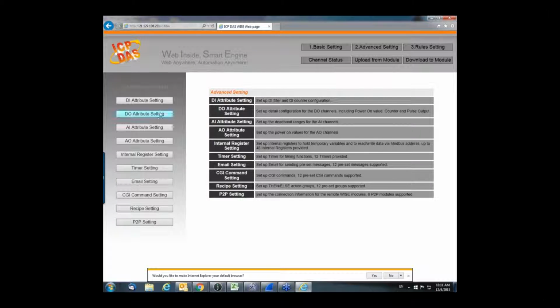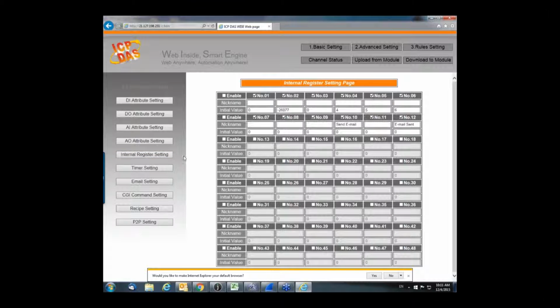I can also set a name for my internal registers and IO. For this demo, I put register 10 as send email and register 12 as email sends out. I will show you the rule settings in a moment. Email settings need to be configured in order to send the email alarm. We'll go to email settings,